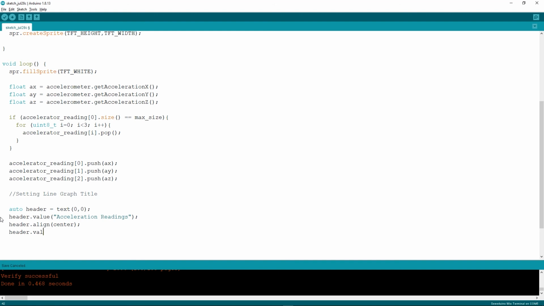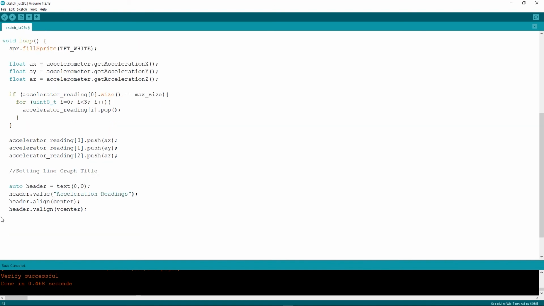V align, so V center. Header dot width is going to be tft dot width, and header dot thickness will be 2.